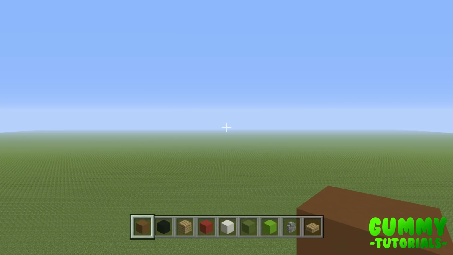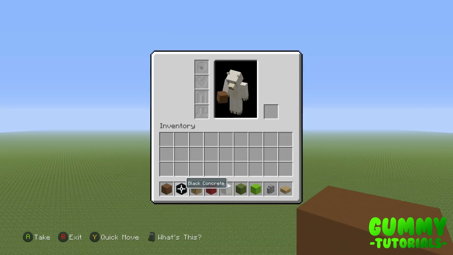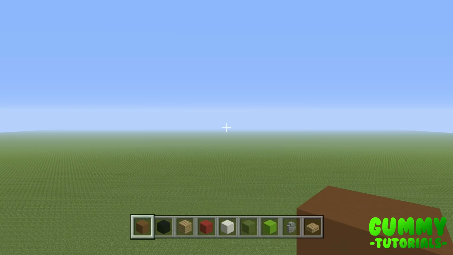Okie dokie. So this statue, just to give you an idea of what we're doing, is very similar to the standard Freddy Fazbear statues we've been doing. It's majority brown concrete with black concrete for the lines and grooves, and then the rest is just small detailing blocks. So what we're going to do, just like we normally do, is start off by building